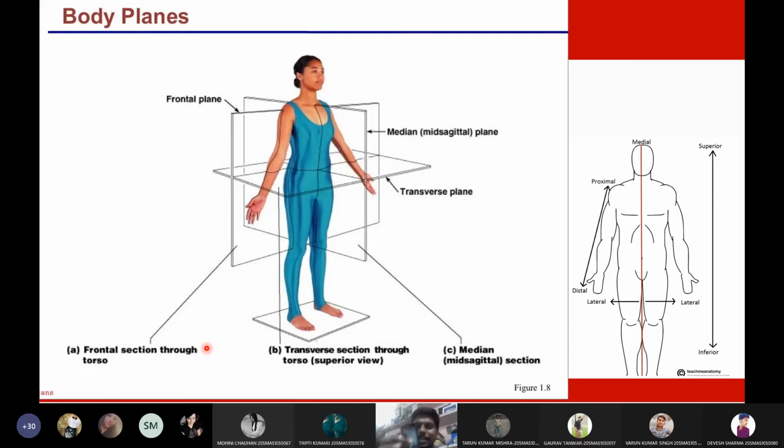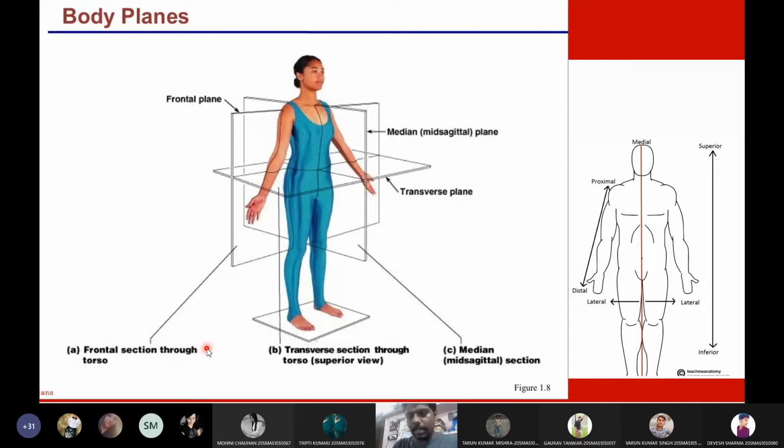See, if I'm cutting this phone into two halves, can you see this phone, students, everyone? Yes, sir. If I'm cutting this phone at the center, now I got two pieces of phone like this, and that line is called the median plane. Second, if I'm cutting this phone in a horizontal way, here, then this is called the transverse plane. If I'm cutting here, this is called the median plane. Then the third type of plane is the frontal plane. What is the frontal plane?